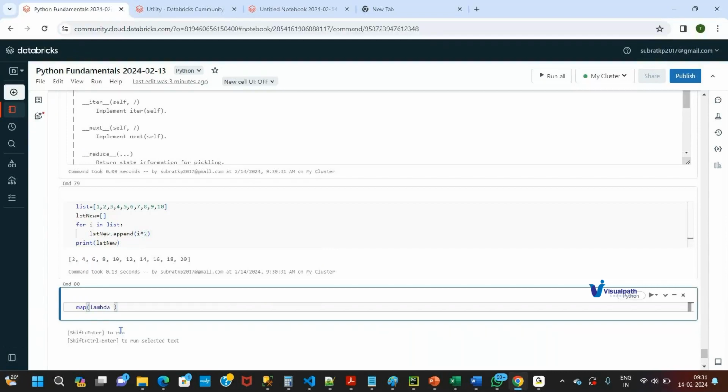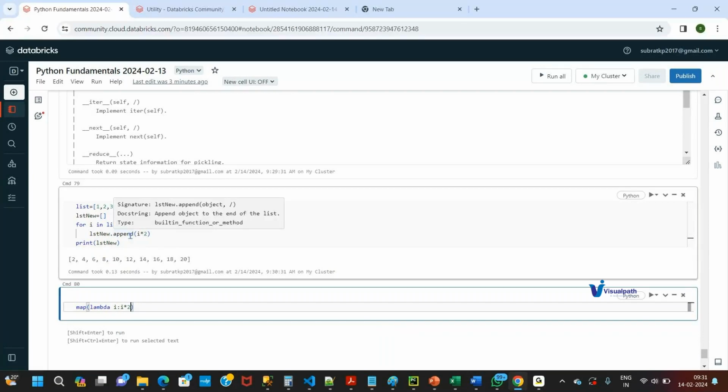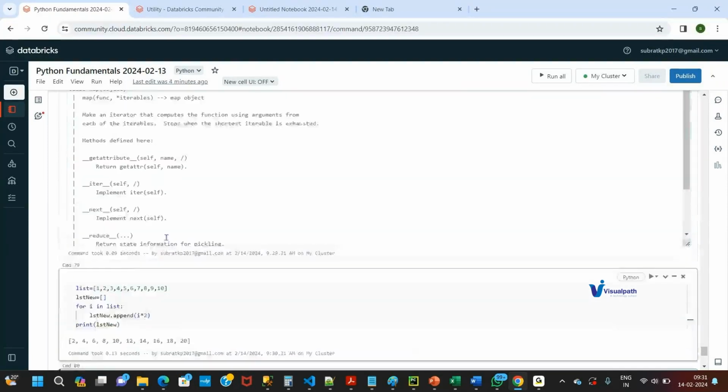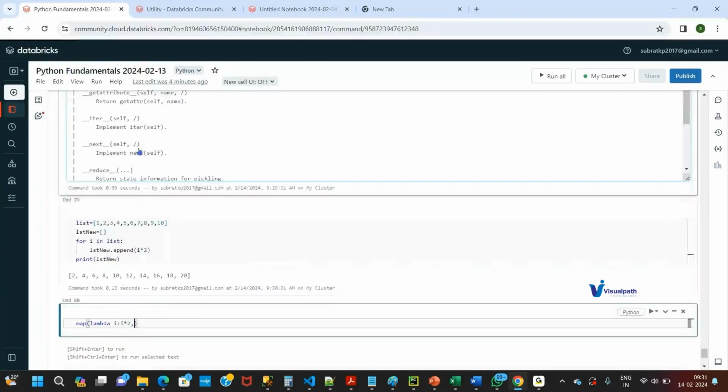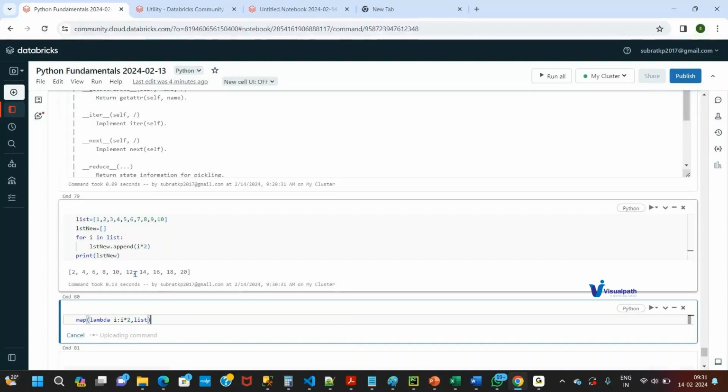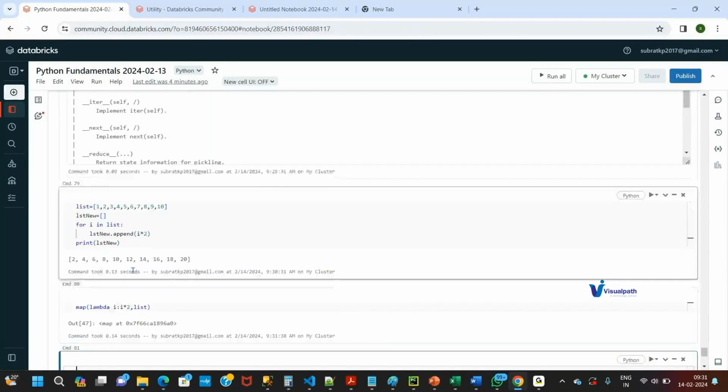My input is an element, and what is it I want to return? 2 times that element, right? That's what it is doing. And map takes 2 inputs. One is a function, which I define as lambda. The second one is an iterable, which is this list. Right? And if you just want to print it,